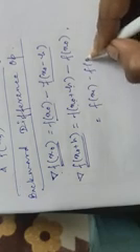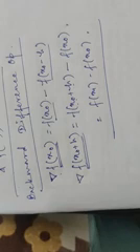Similarly, if we try to find backward delta of f of x0 plus h, what will be its value? The current value, x0 plus h, minus its previous value, that means minus h. So ultimately it will become f(x0), that is ultimately f of x1 minus f of x0. This is the rule for the backward difference operator.